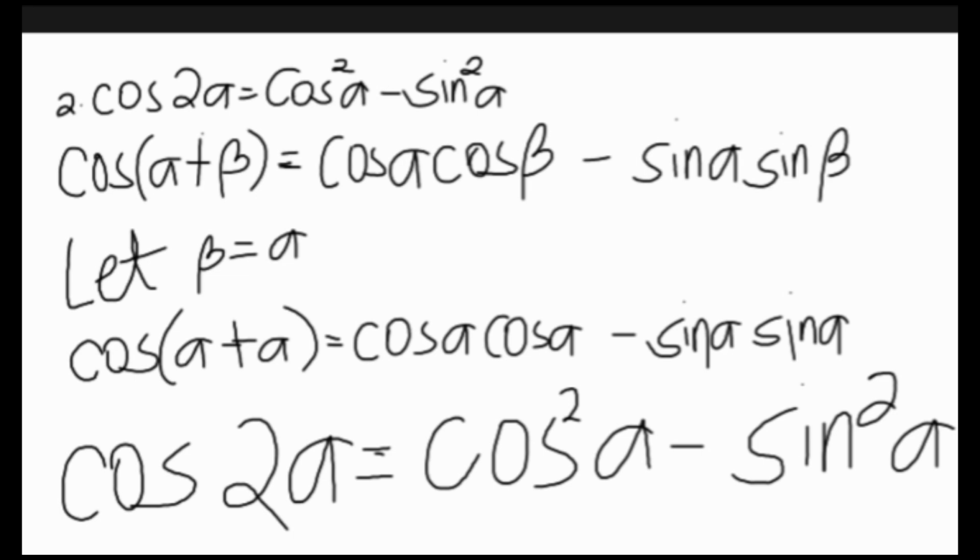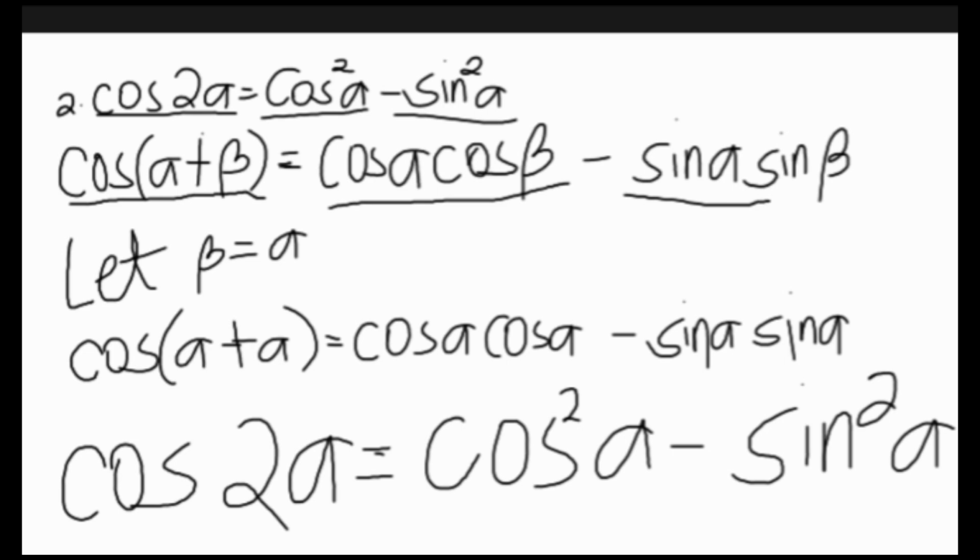So we are now here with the formula for cosine, which is the cosine of 2a is equal to cosine squared of a minus sine squared of a. This also came from the sum of two angles for cosine, which is the cosine of alpha plus beta is equal to cosine of alpha times the cosine of beta minus the sine of alpha times the sine of beta. First, we replace all the betas with alpha, like we did for the sine.